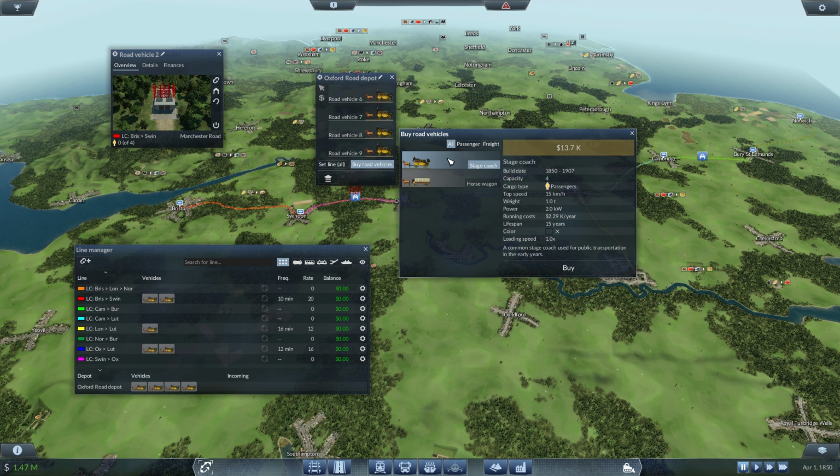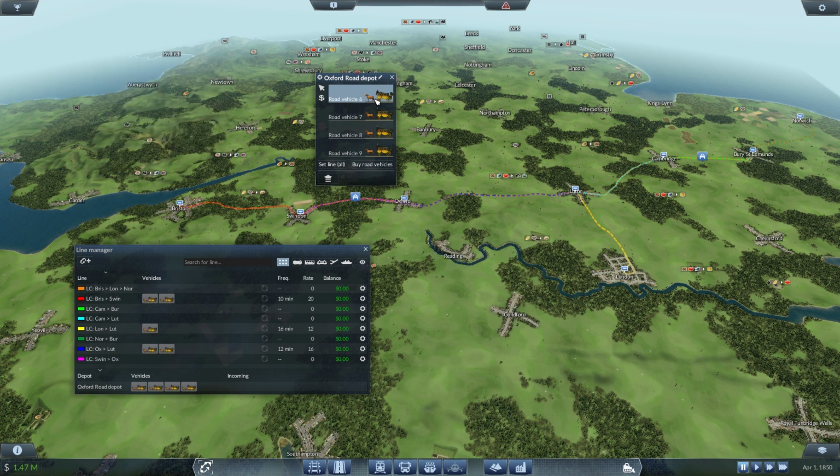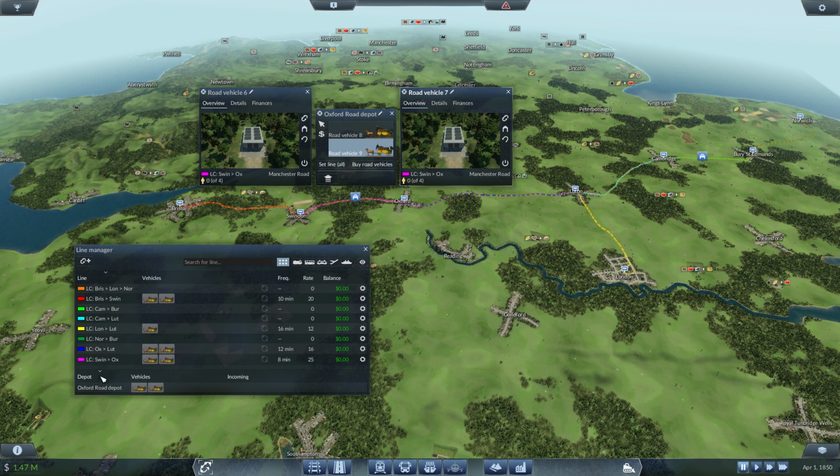Right, buy a bunch more. And then we want Swindon to Oxford, Swindon to Ox. Let's get those two. Let's get those 2 done as well. Perfect. What else? What do we get? What else we got over here? Cambridge to... No. I suppose we can probably equip the orange route here as well. We're going to need to buy a couple more